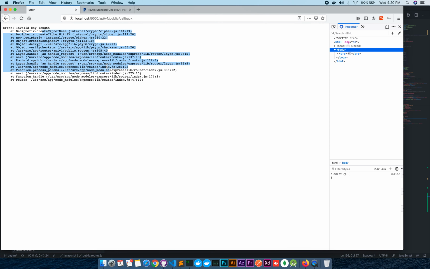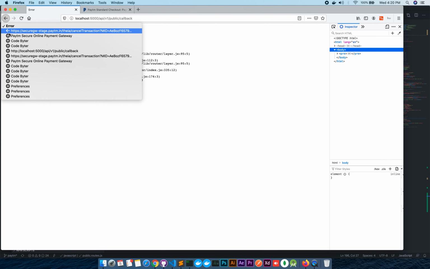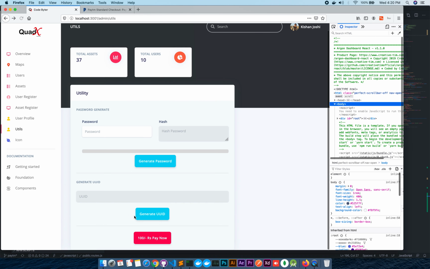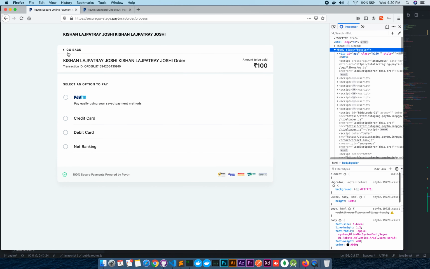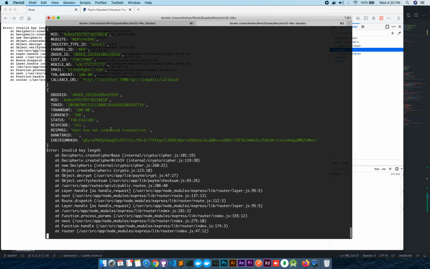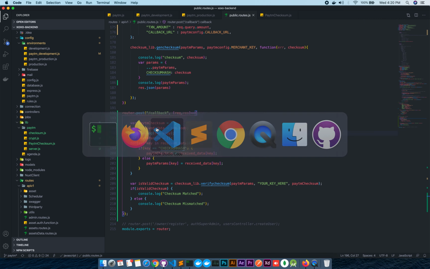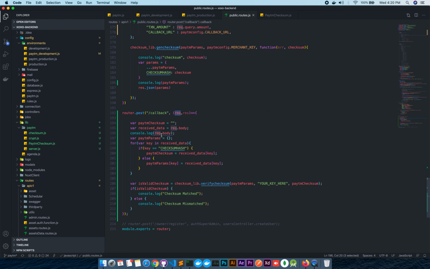Okay, so let's send that again. Then pay. I'm just canceling this payment so I can get request.body. Invalid key length. There is something wrong with this thing. User had not completed. Request.body has been sent, and then we receive the data.